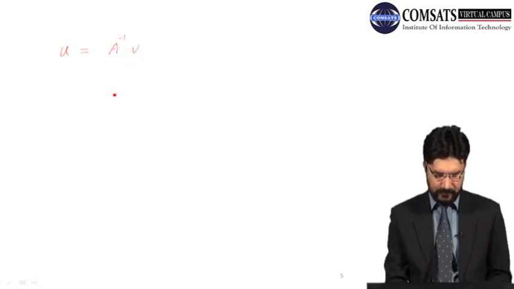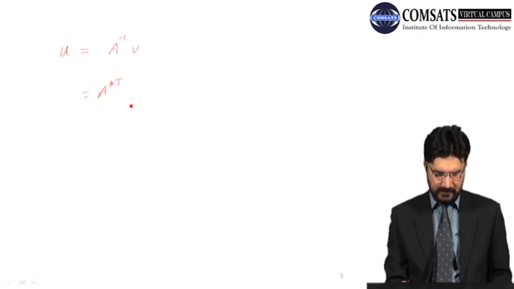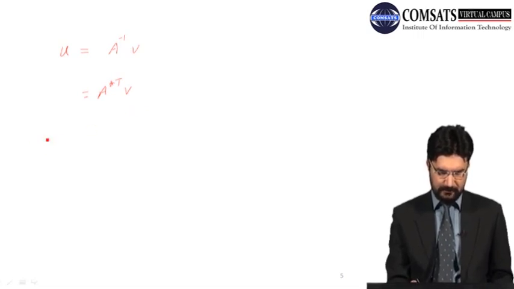So we say that we have a U and we take A inverse and vector. So this shall be equal to A inverse V, and in our case, since A inverse is same as A conjugation transpose, this can be written as A conjugation transpose and V, and this expression can be extended as